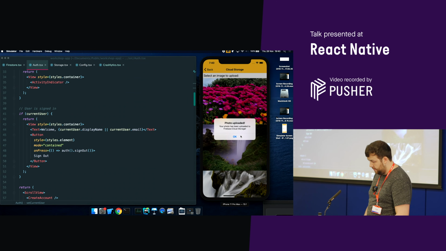I feel like I'm just going through one on one. Crashlytics. I don't know if anyone's used Crashlytics before. It was formerly owned by Twitter, and then Firebase acquired it about a year ago. And since then, you can